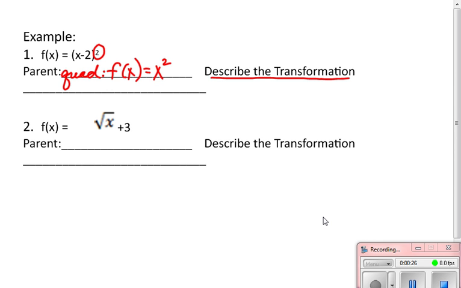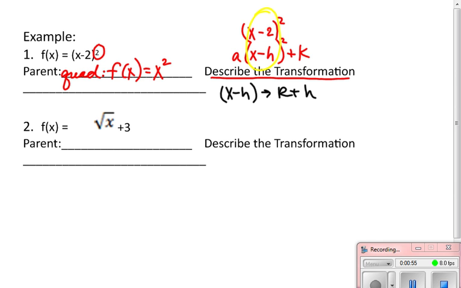So describe the transformation. If I think of that expanded form and I look at this, I can clearly see the only thing I have going on right there is an H movement, which is a right or left movement. I don't have an A, I don't have a K, so I'm moving right or left. And when I go to my notes, x minus h says I went right h units, and so this